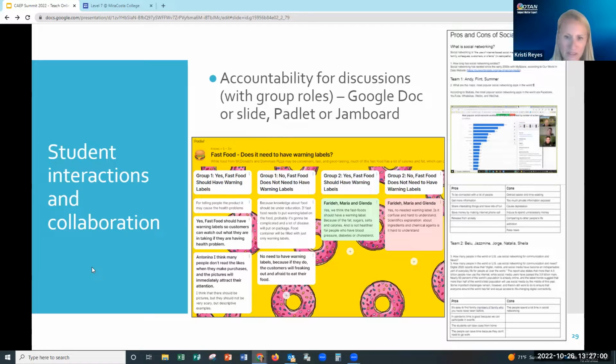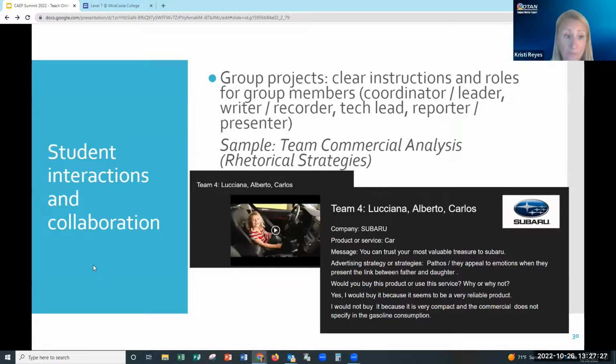Well, I really feel that if you're using breakout rooms, as well as any group work in your asynchronous LMS, you should make students accountable for their work. So have them enter and document what they're discussing on a Padlet shelf, or on a Google Doc, or on a Jamboard, just so they have some accountability, because otherwise the conversation may stray, right?